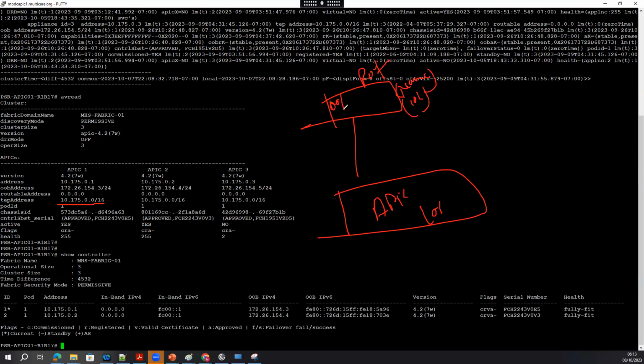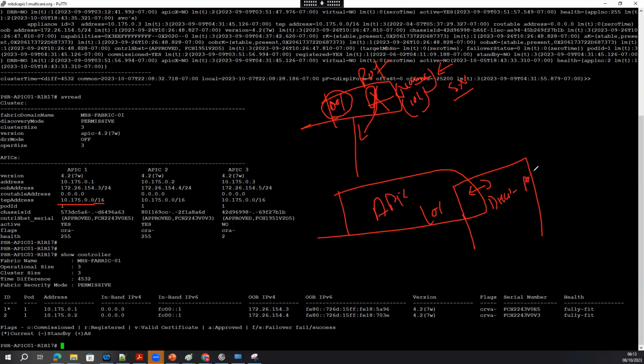If APIC gets the same node ID, host name and serial number, it maintains a database saying that no matter how many times you reboot, remove or re-add, as long as my node ID, serial number and host name match, I'm going to assign the same IP address, because this is reserved for you. APIC creates a reserved table in the TEP pool.